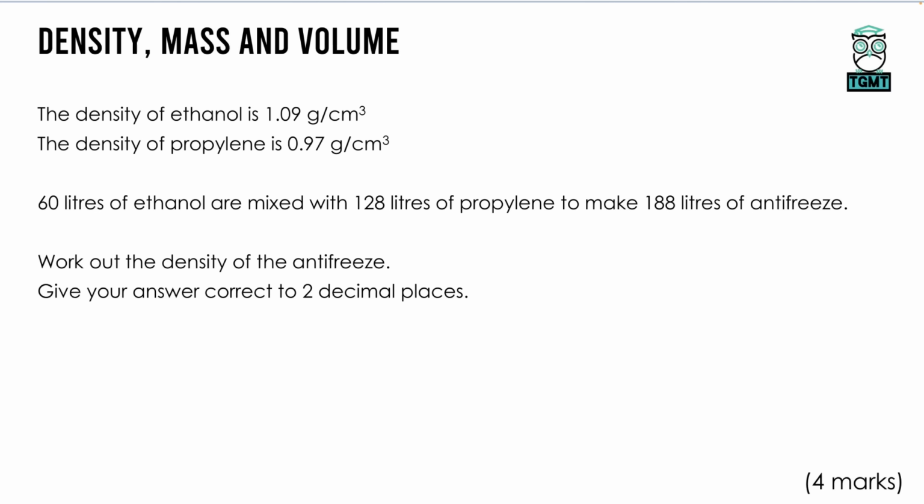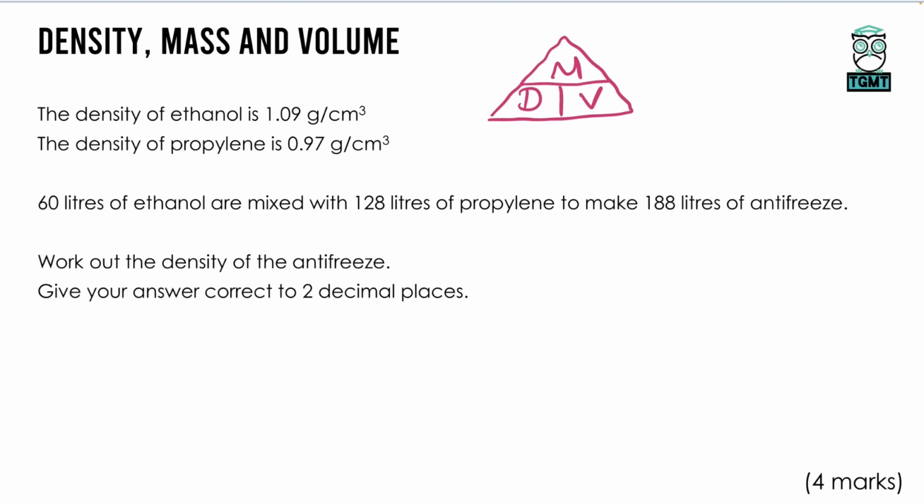But it says here the density of ethanol is 1.09, the density of propylene is 0.97, and then it says 60 litres of ethanol are mixed with 128 litres of propylene to make 188 litres of antifreeze. Work out the density of the antifreeze. Now the formula for density is that density is equal to mass divided by volume, and again we can use